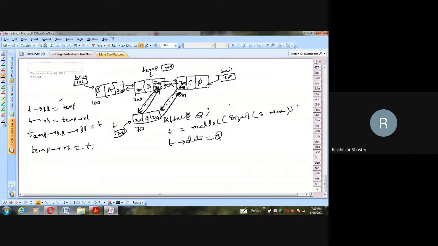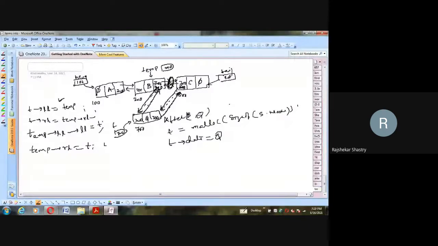So the complete old middle link is also removed. Rather, from temp arrow right we move to T, from T arrow right we move to C. Similarly, from C to left we move to T, and from T to left we move to temp. So this is how the four statements work, and of course the order is also correct, Amma.